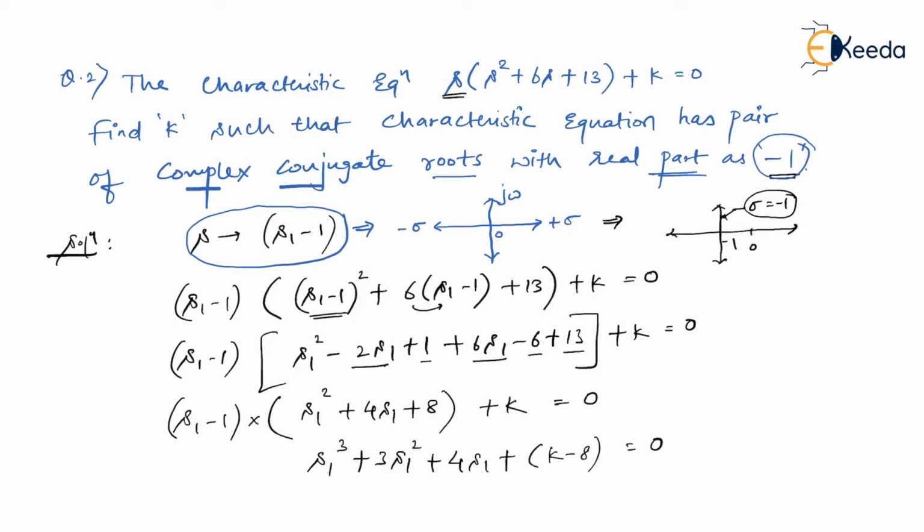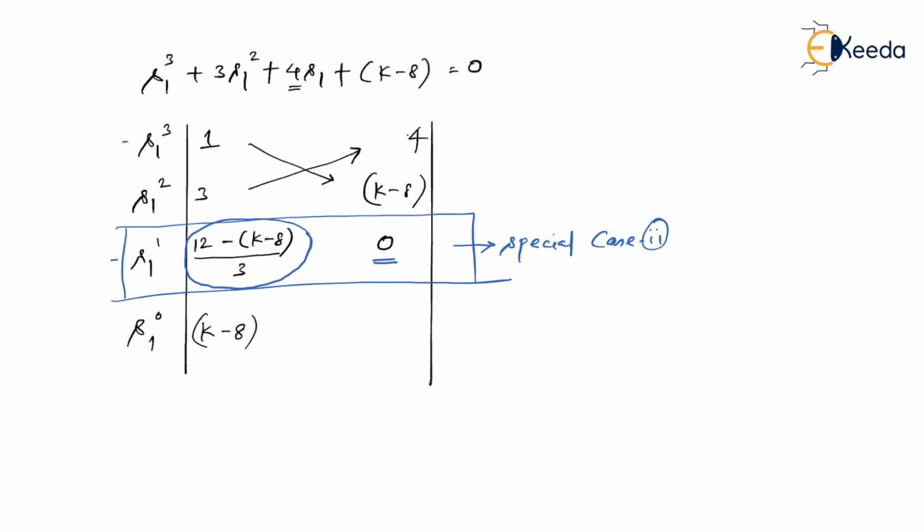So if I find the poles which are lying on the j omega axis, they will always have their real part as -1, and this is what we want, right? So even though we are finding complex conjugate roots with real part to be -1, what we are doing over here is, we just have a characteristic equation and blindly we are trying to find the poles on the j omega axis, which automatically will have the real part not as 0 but real part to be -1. I hope you understood my point.